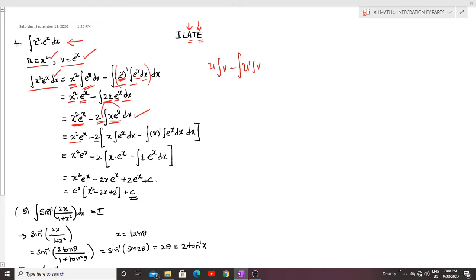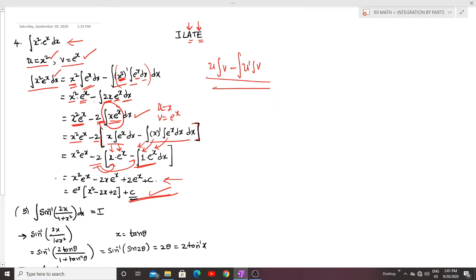Now what happened here? Again I should apply by parts by taking u is equal to x, v is equal to e power x, applying this formula again in whole big bracket. In the big bracket you write the by parts formula again, then integrate it. So then you get x integration of e power x is e power x, integration x ka derivative is 1, e power x integration is e power x. So integration of e power x, again it is e power x only. So multiply minus 2 inside for 2 times, then finally write the answer. This is the required answer. Hope you are getting it.